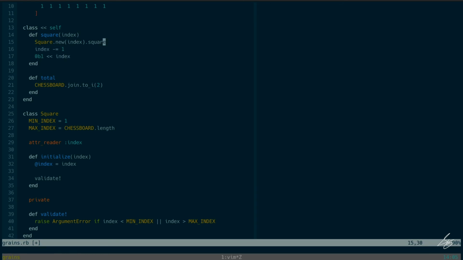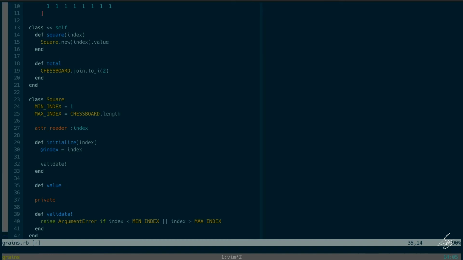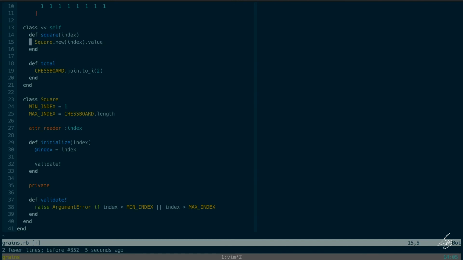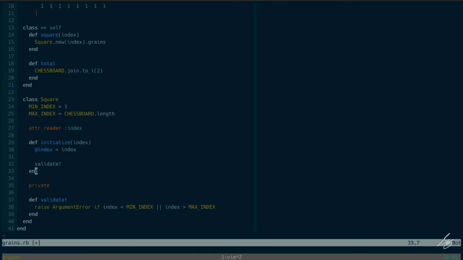Or let's call it, I'm going to call it value, actually. Or number of grains. Or grains. Let's call it grains. And grains will return